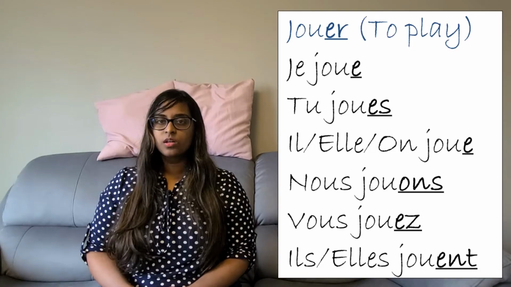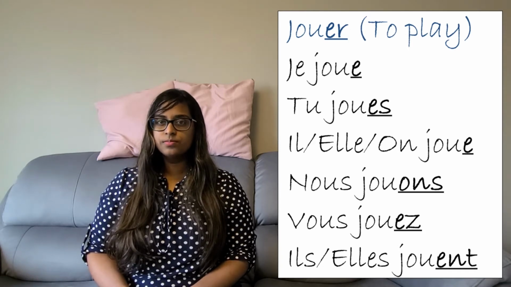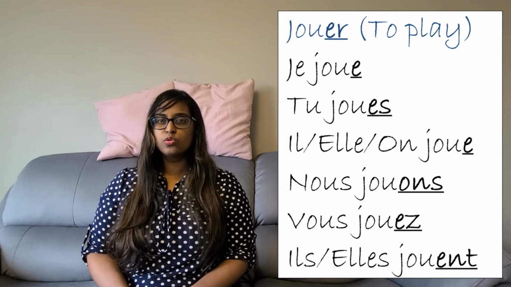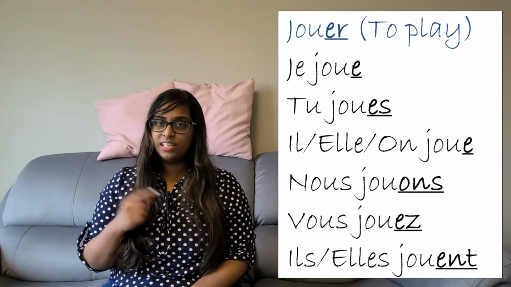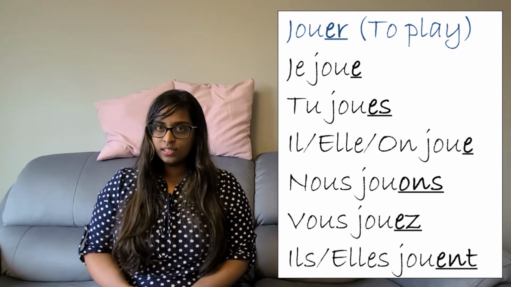For example, let's conjugate a group 1 verb, or a verb ending in ER. Jouer, to play. Je joue, tu joues, il joue, elle joue, on joue, nous jouons, vous jouez, ils jouent, elles jouent. So as you can see here, we have removed the ER at the end of jouer, and we have